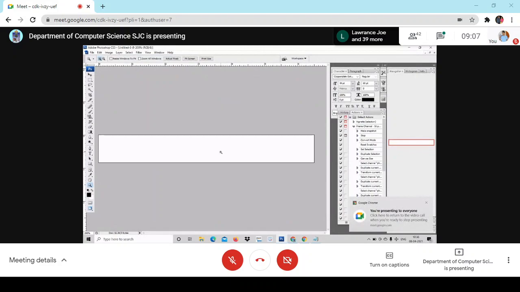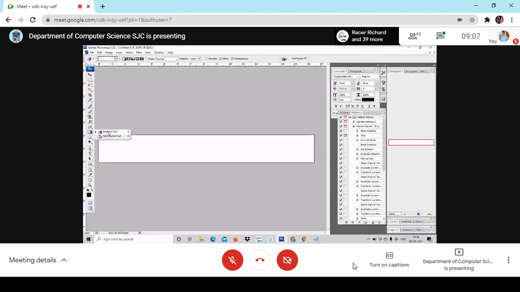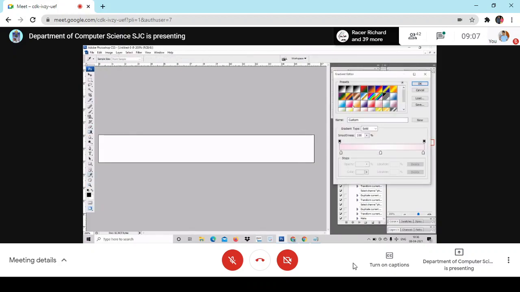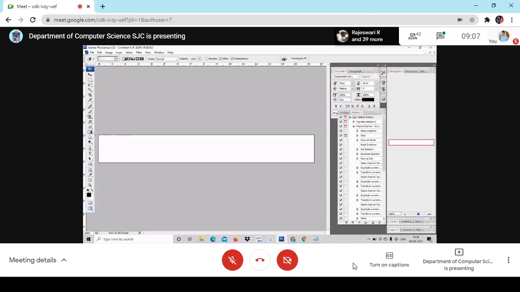See, I've got it. Look at here, this one. So I have to design this. Right. Now shall we design it? Look at here. I'm going to give a gradient color, maybe a gradient color or a pattern. You can also give a pattern, or you can give your own designs. I'm just going to give my own design.